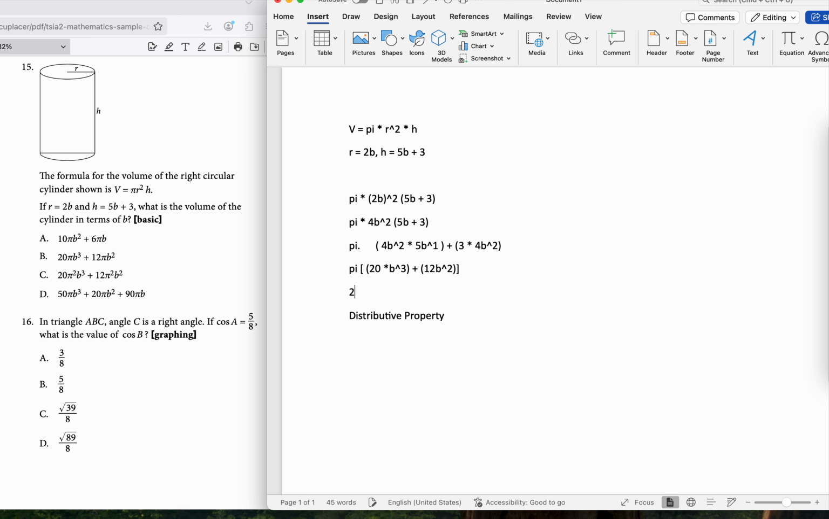So 20 pi b cubed plus 12 pi b squared. And so what is the answer choice that gives us that? So 20 pi b cubed plus 12 pi b squared. So the answer is going to be